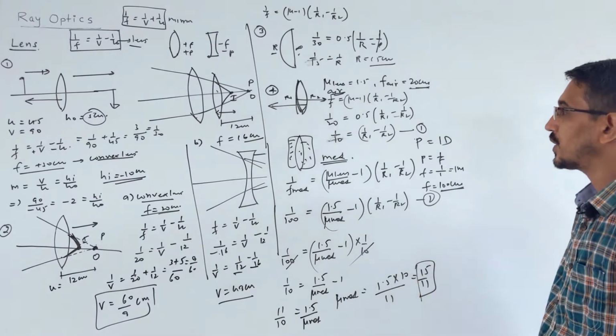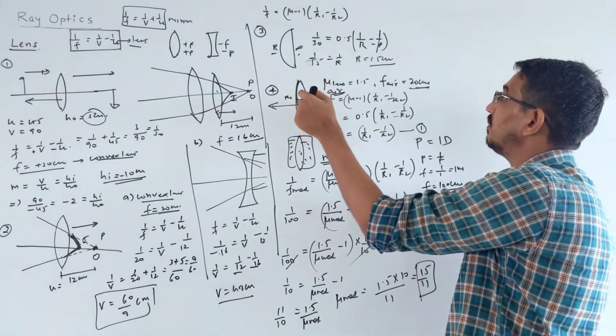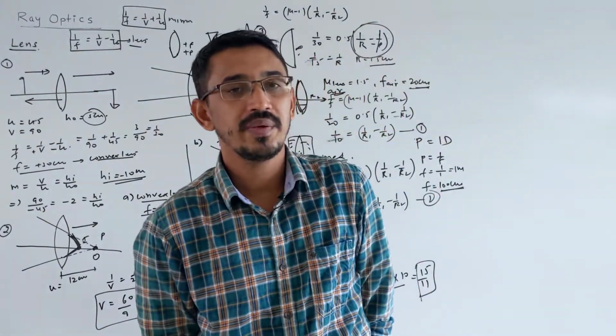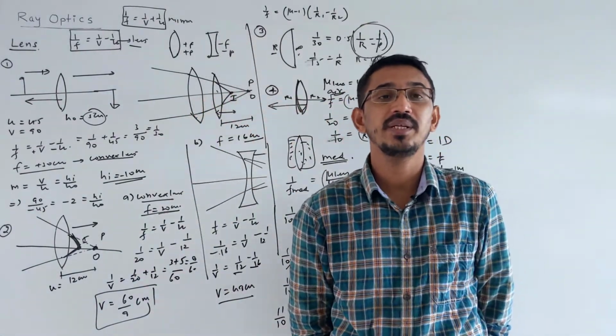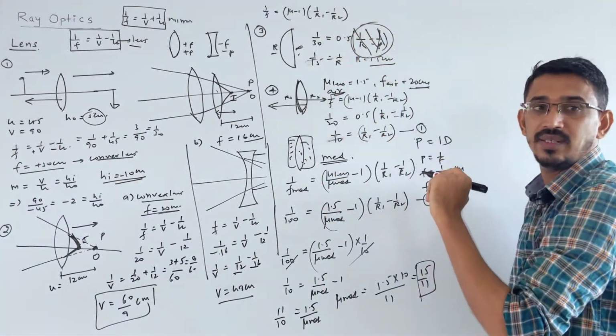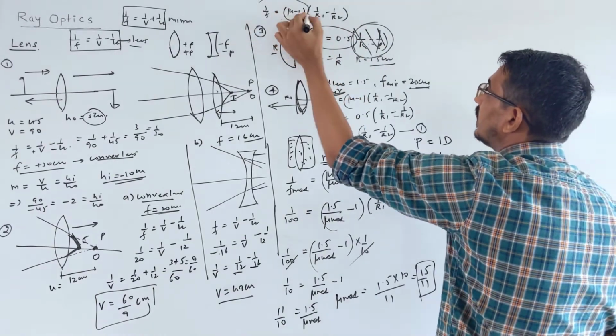Look here, now you understand how to make it a fast calculation. You know that when you put a lens in a medium, what will not change? The curvature will not change. Very, very important: when you put your lens in a medium, curvature doesn't change. Means this term will always remain the same, so you don't write this. Simply write that only these things are changing: F and mu.